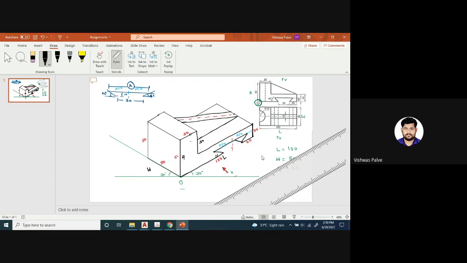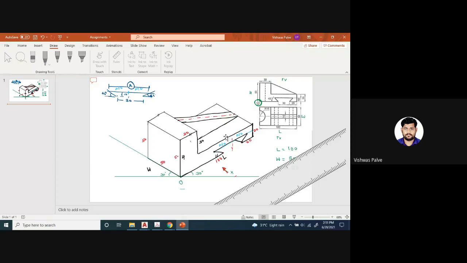Can you draw this now? Only the part which is remaining is the semicircle here. In the next slide, I will show you how to draw the semicircle in isometric. Any difficulty on plain paper? Can you give a try for solving this problem on plain paper in your classwork book?